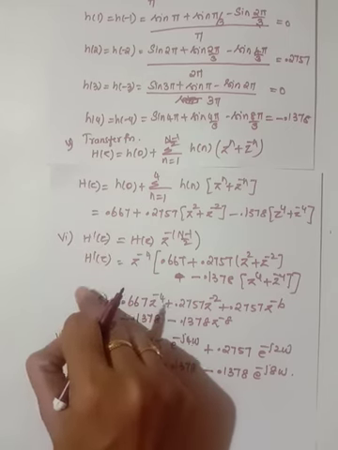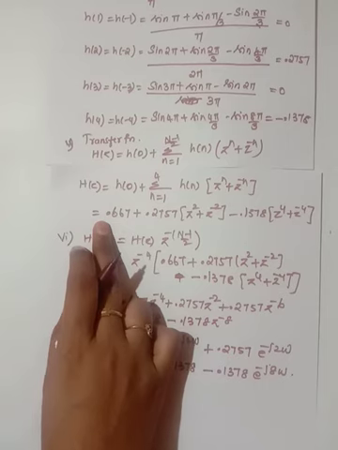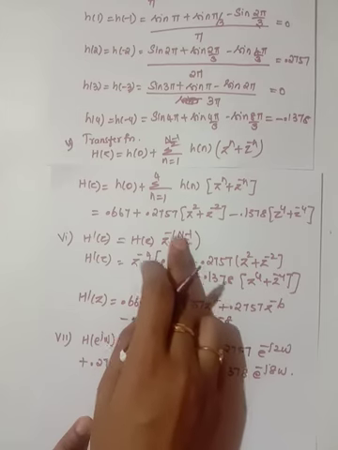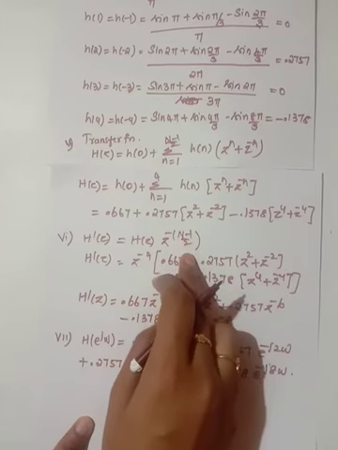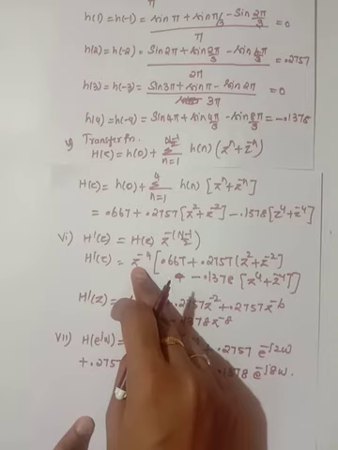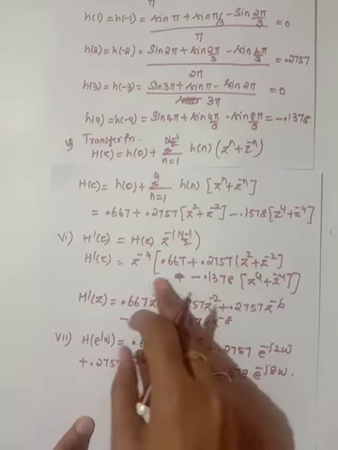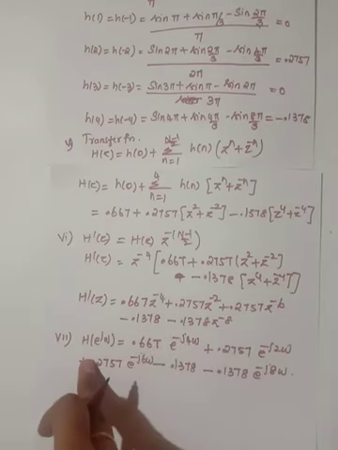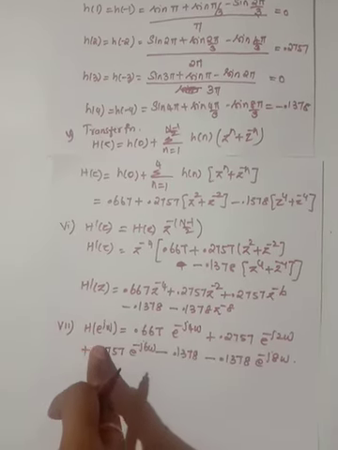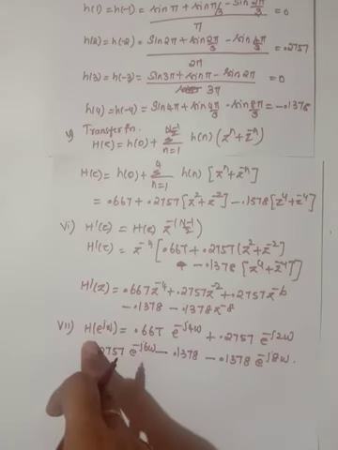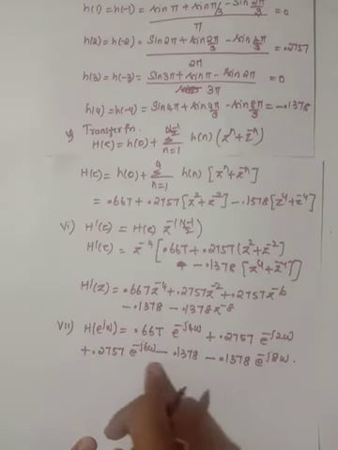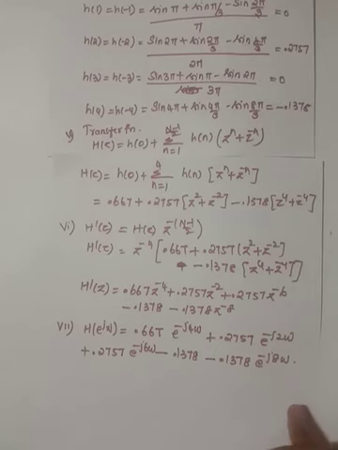The next step is that this transfer function is not physically realizable because there will be a delay. So I am multiplying this by a delay factor z power minus n minus 1 by 2. Here z power minus 4 gives the delay. Multiplying it with the above transfer function, I am getting this. Next, if you want to find the frequency response, you need to substitute z equal to e power j omega. Substituting this, you will get h of e power j omega.